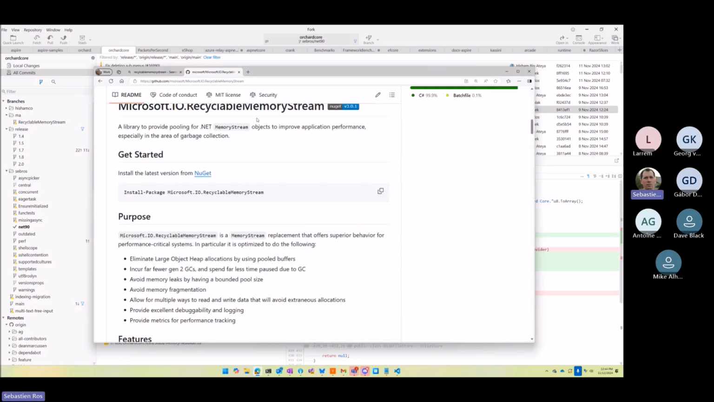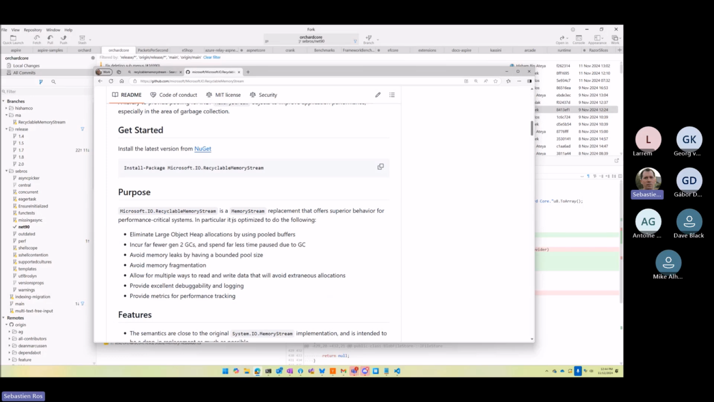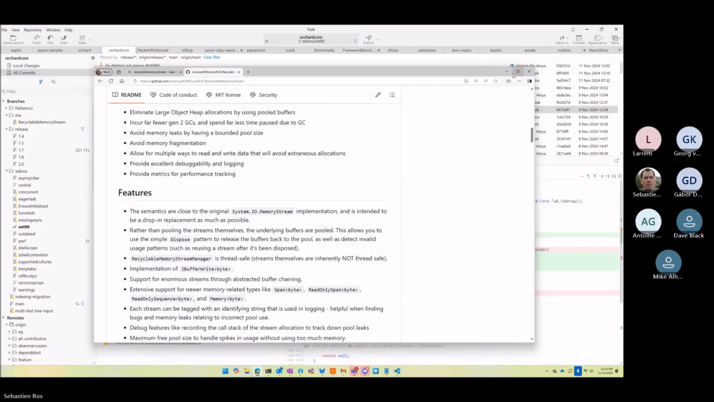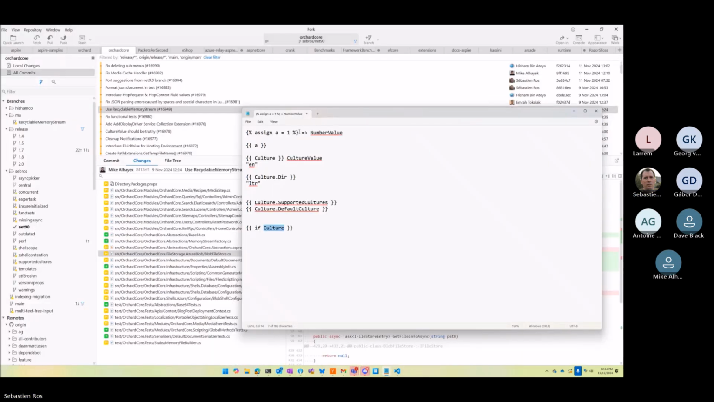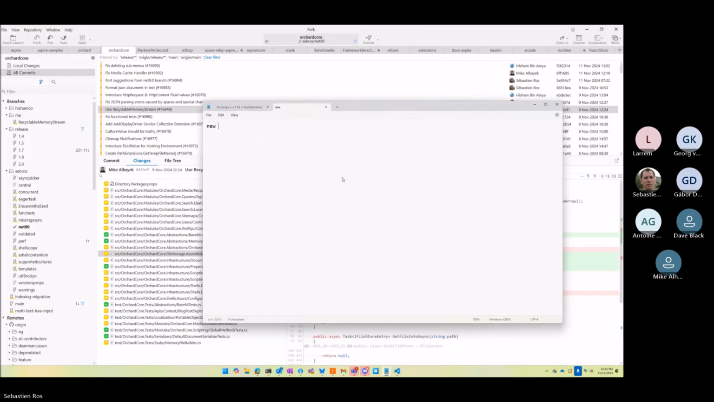So this RecyclableMemoryStream is a class that inherits from MemoryStream and implements IBufferWriter. So it's like a memory stream, which is a stream of bytes, so you can read and write bytes on it. The issue with MemoryStream: when you do a memory stream,